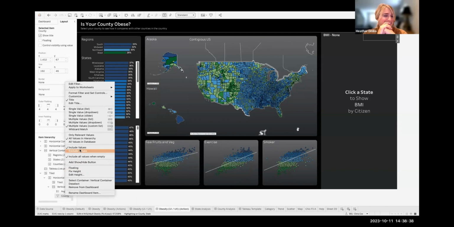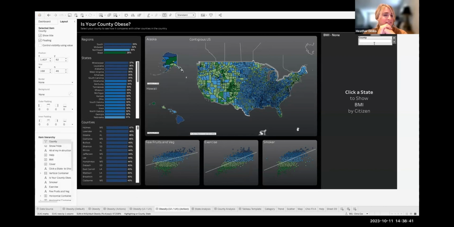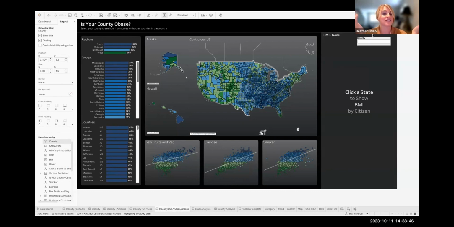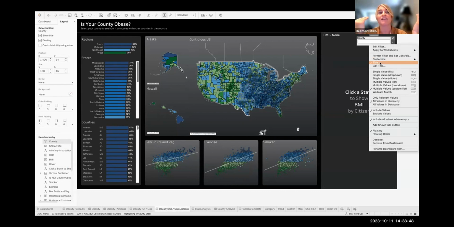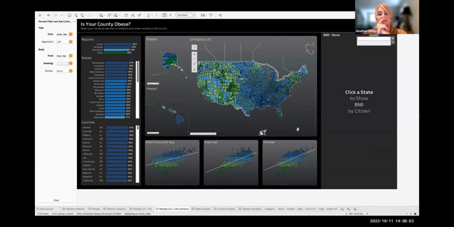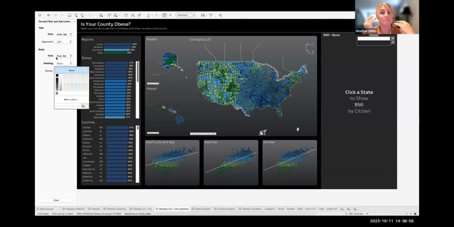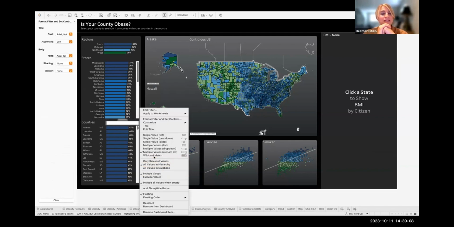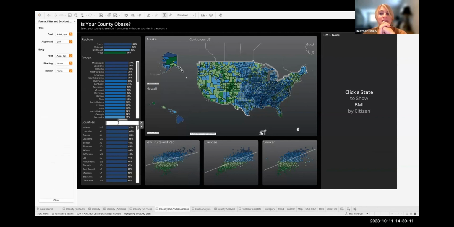Yeah, so Chris is going to add a filter that would allow you to actually type in your county and find it. If that's the question that you're really trying to answer with this dashboard, I love using a question for a title, but then you have to give people the opportunity to actually answer the question. Even Tableau, as amazing as they are, and the work that they create, and the fantastic samples that come out of the box, can have some makeovers to improve, which is where we love to step in and rethink and revisit the best way to do this. That's one of our favorite things to do.